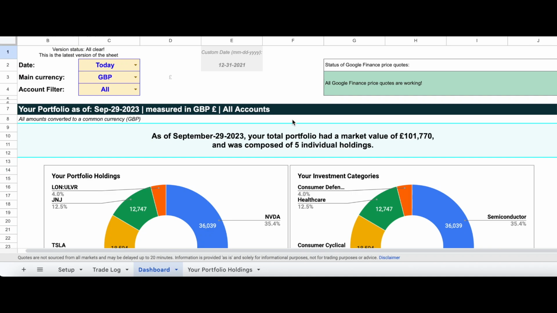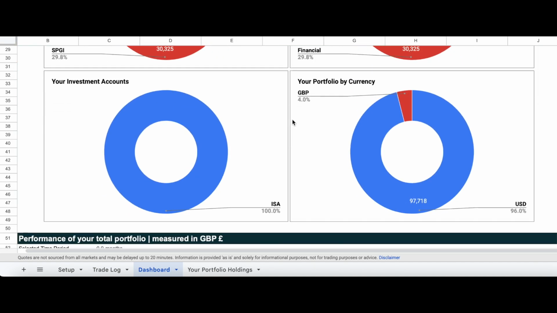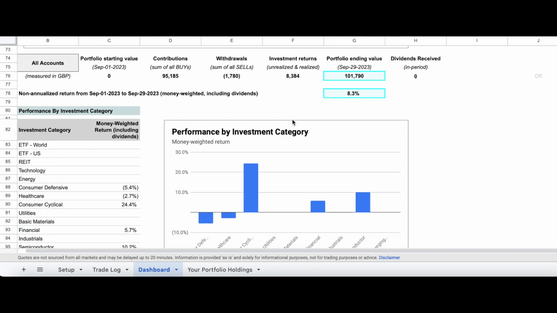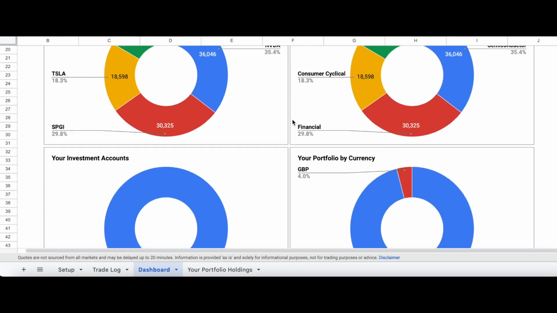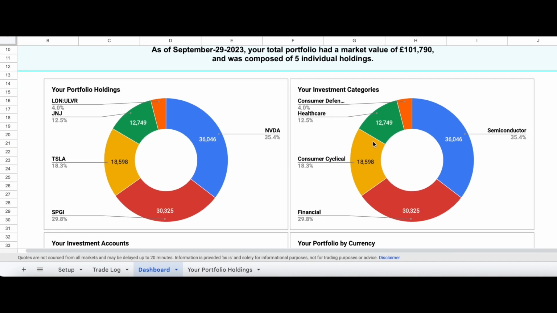In this video, I will be revealing my stock portfolio tracker and how to use it step by step. This is a very useful tool where you can see your whole portfolio in a snapshot. So you can see your portfolio holdings,